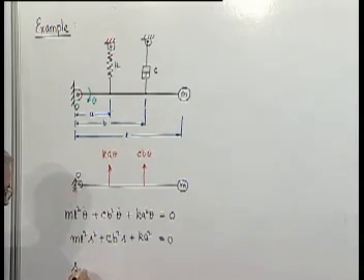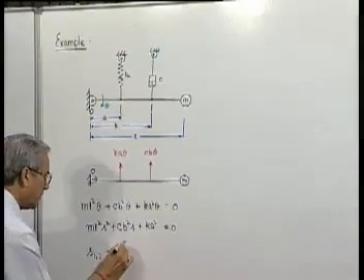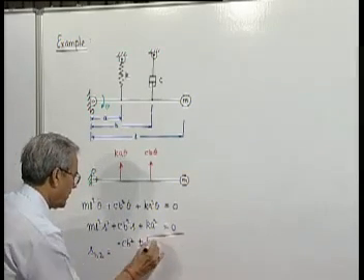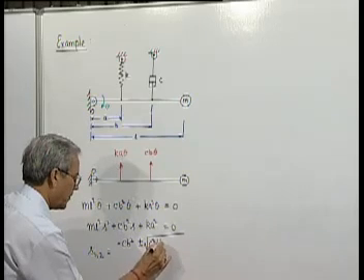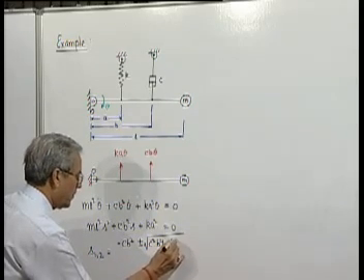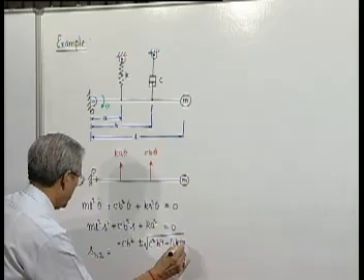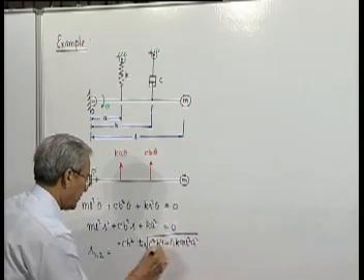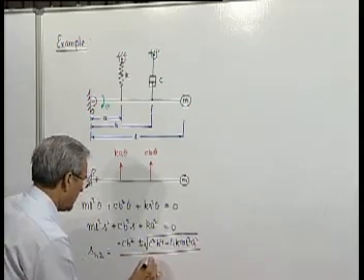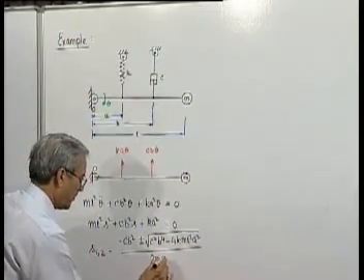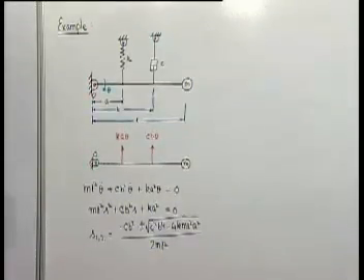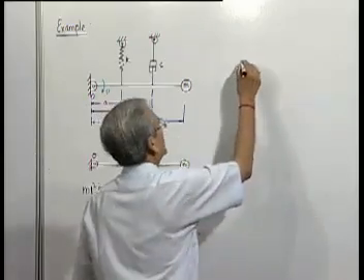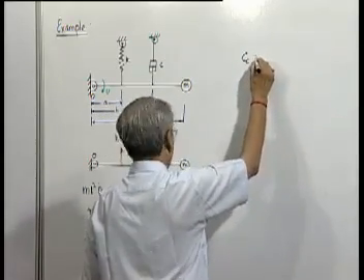So two values will be, and obviously the critical value of damping coefficient C will be such that this is 0. So, Cc is equal to